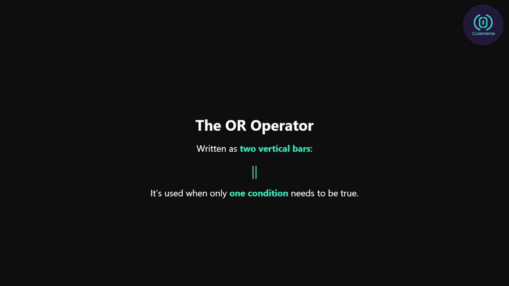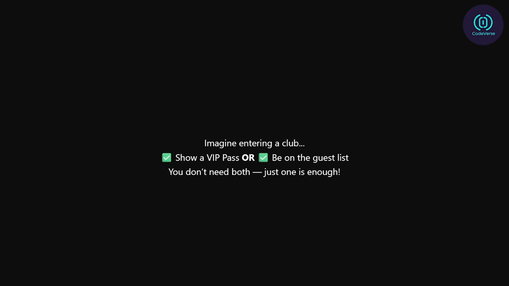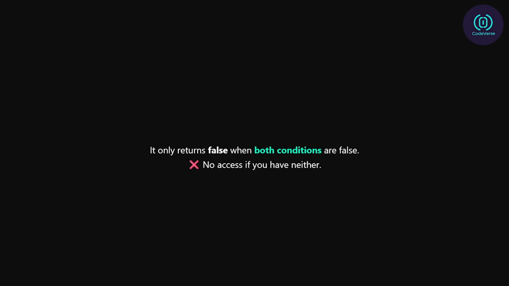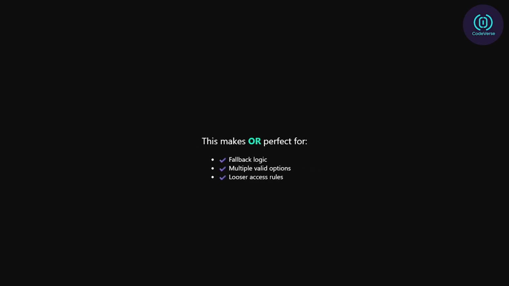The OR operator in C++, written as two vertical bars, is used when you only need one of the conditions to be true. Imagine you're entering a club. You can either show a VIP pass or be on the guest list. If you have either one, you're allowed in, you don't need both. This is exactly how OR works. It connects two conditions and returns true if at least one of them is true. It only returns false when both conditions are false. This makes it perfect for fallback logic, situations where multiple options are acceptable, and any one of them can allow